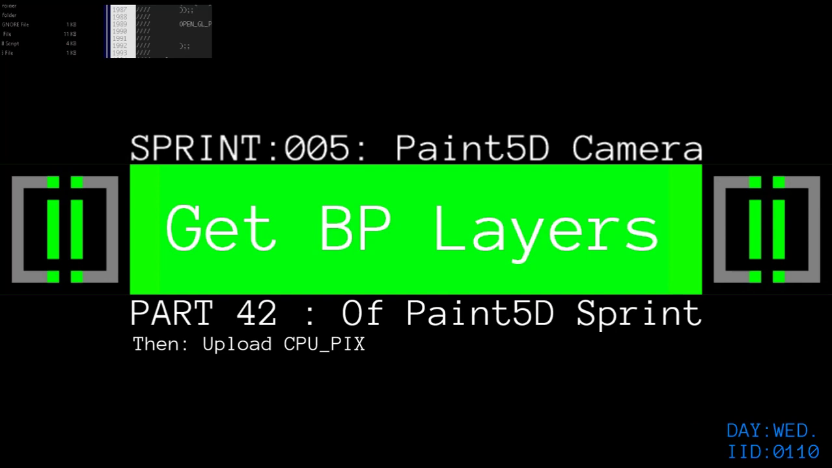We're on this thing here. Sprint number 5, PAINT5D camera. Get Bitpacked layers. Part number 42 of PAINT5D sprint. It's not much of a sprint when it has 42